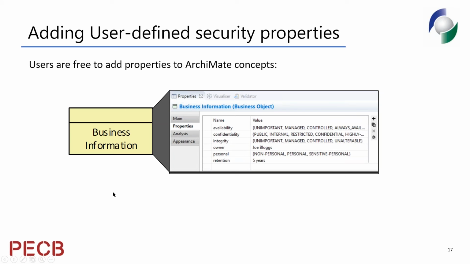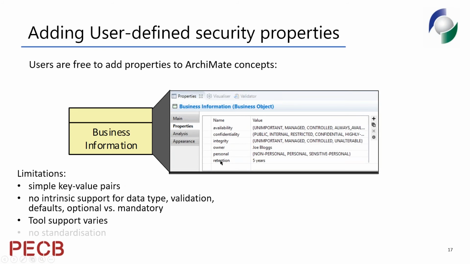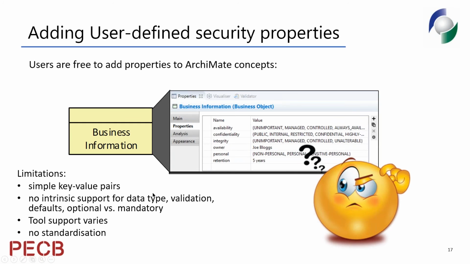So for pretty much all of the elements in ArchiMate 3, we've had a brainstorm as to what we think are appropriate properties. And again, the limitation here is that these are simple key-value pairs. It's hard to model more complex records where you might need them, and the way this is supported in different tools is different. Some allow you to easily copy, paste and reuse. Some of them require you to type this in on every element you encounter.